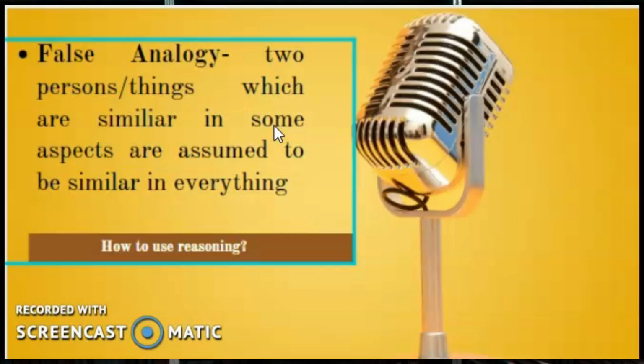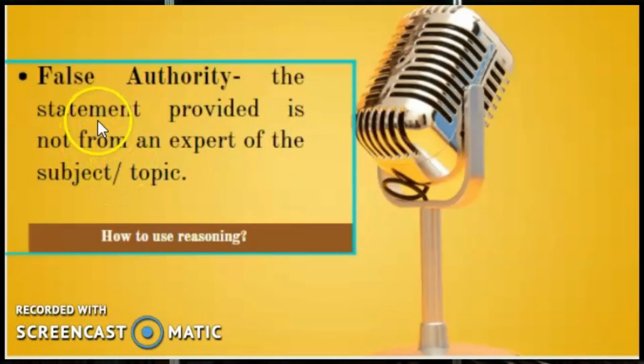Or we would say, oh, since you are the son of a thief, then you are a thief as well. That shouldn't be done, because that would be considered false analogy. Maybe they are somehow the same, they have the same name, they are both girls. It doesn't necessarily mean that they have the same character, they have the same background. So that's false analogy.